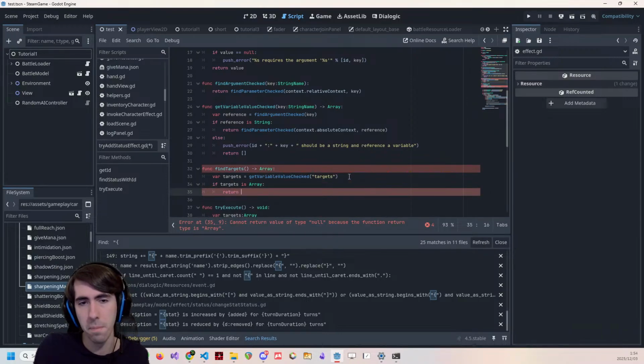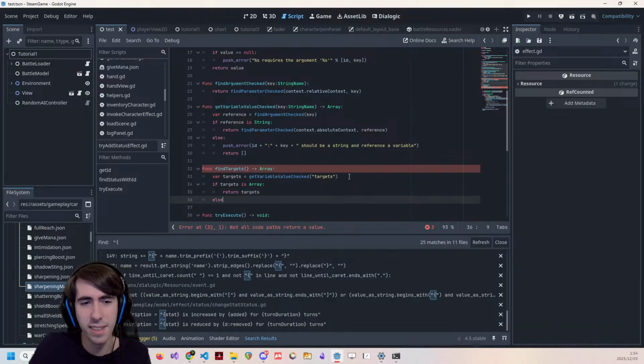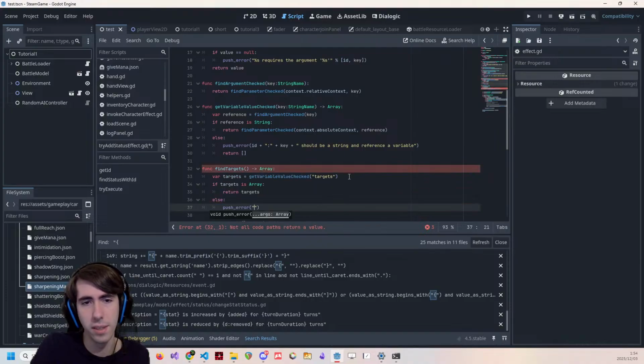Then we return the value, basically. We just return targets. And if this is not, then we push an error and we just say that it